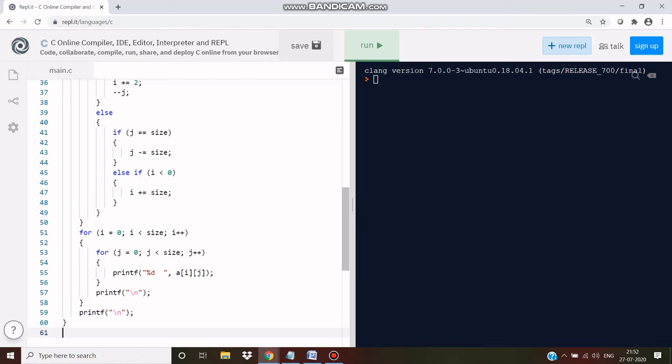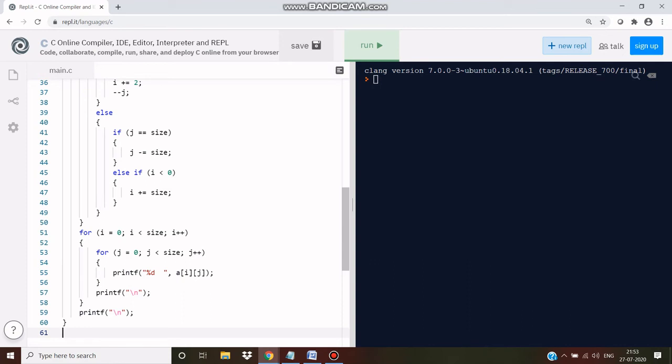Okay, now we will execute the program and see. I think it is clear. First it is getting the number, finding out whether it is even or odd. If it is odd, it is going to execute the program. Otherwise, it will go out of the program. It is getting the number, and based on that it is going to the subroutine or subprogram, the function, where it will create the magic square.